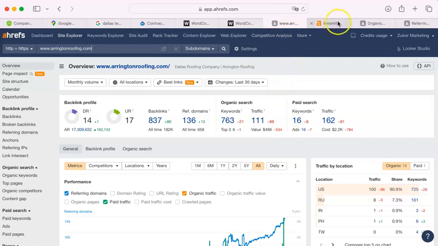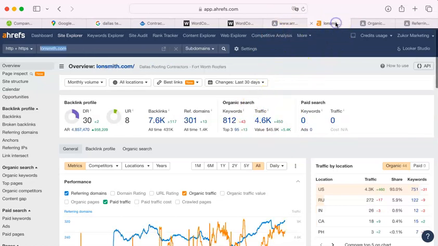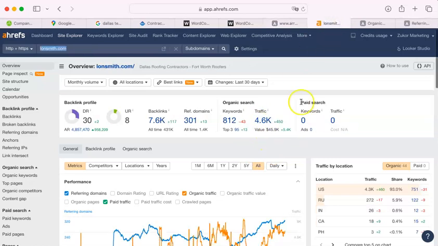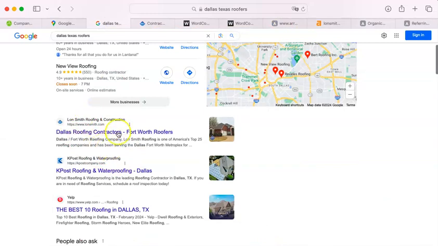So here's Lon Smith. You had 111. They had 4,600. Now the math is pretty simple here. 4,600 is that many more times likely to get an estimate request, that many more times likely to have an estimate turn into a customer, and that much more likely to have a customer give you money. So as you can see here, they value your clicks at $486, and Lon Smith they value at $45,000.